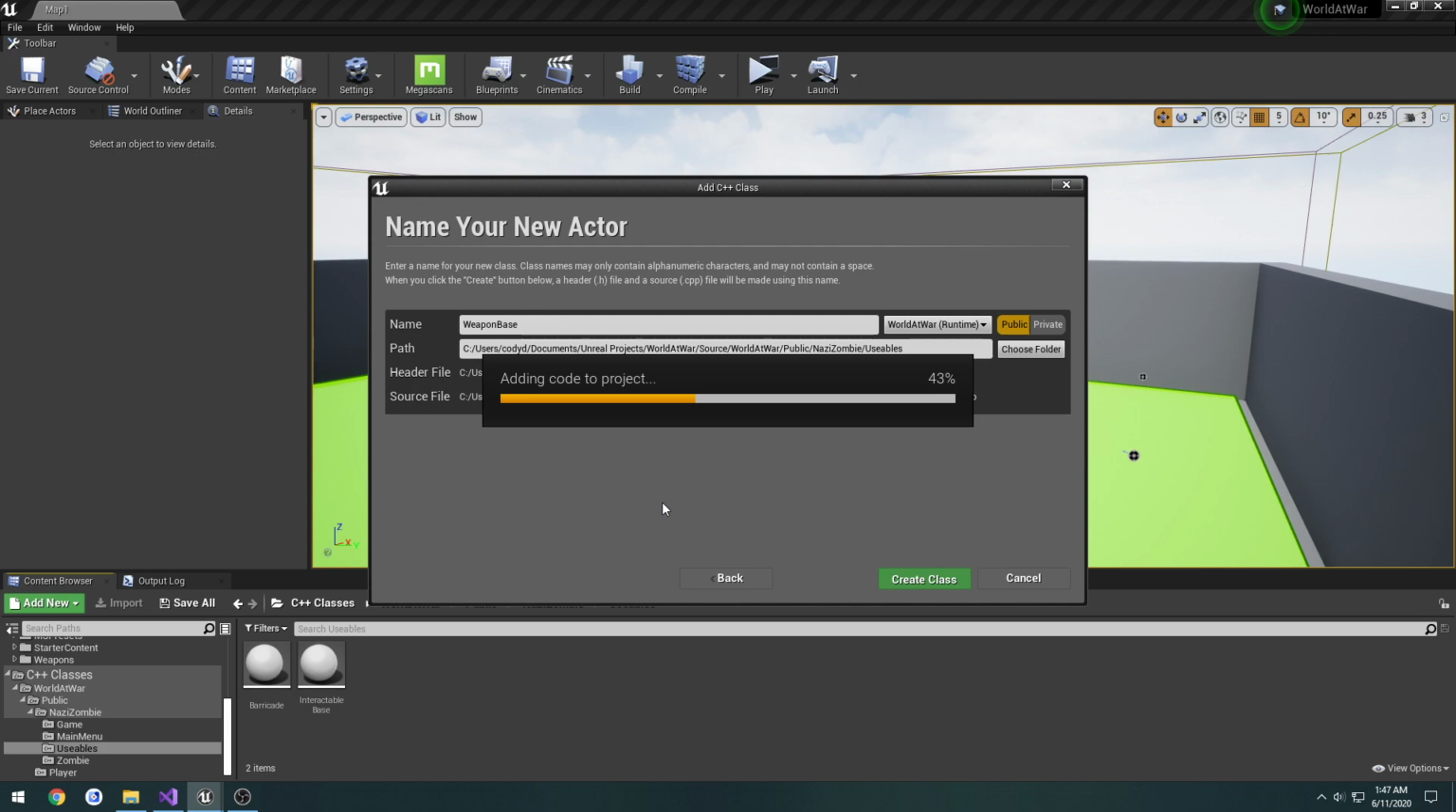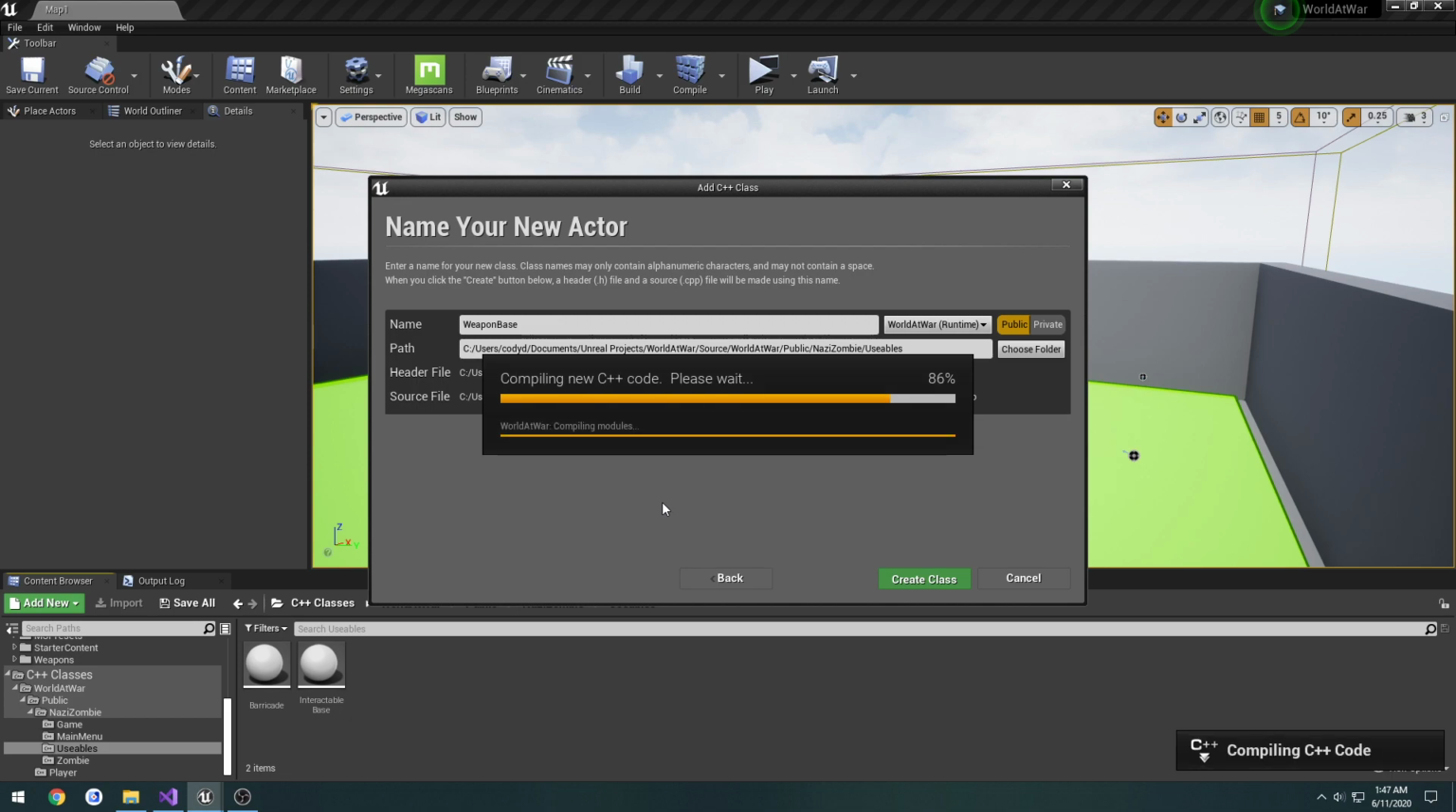So I don't plan on using any sort of data table for this. Instead, I'm just going to have a bunch of blueprint derived classes from this, and all those will essentially just have